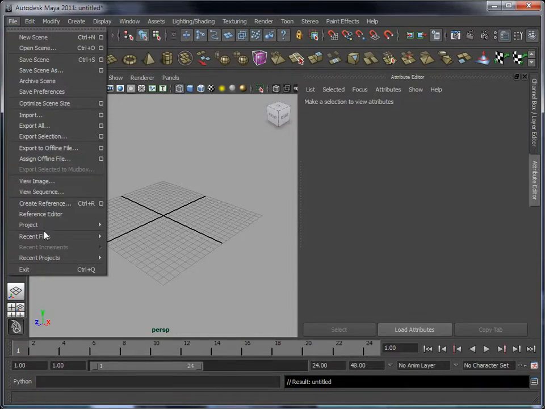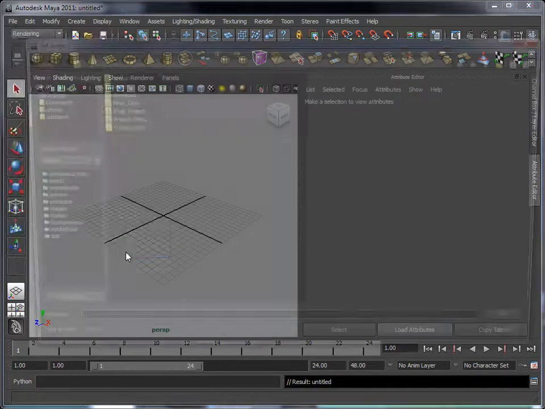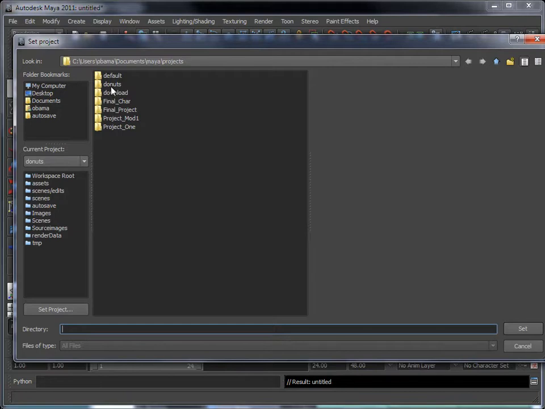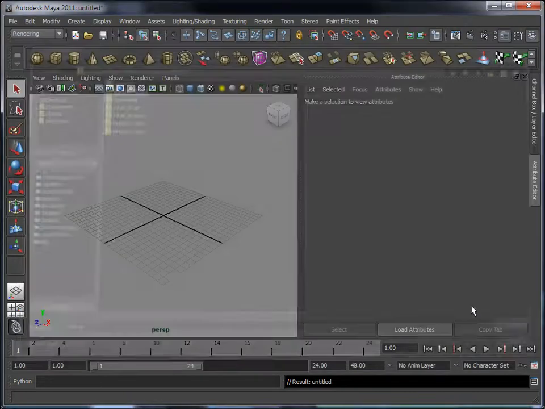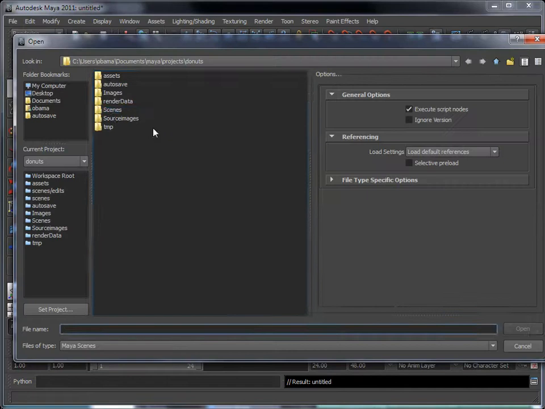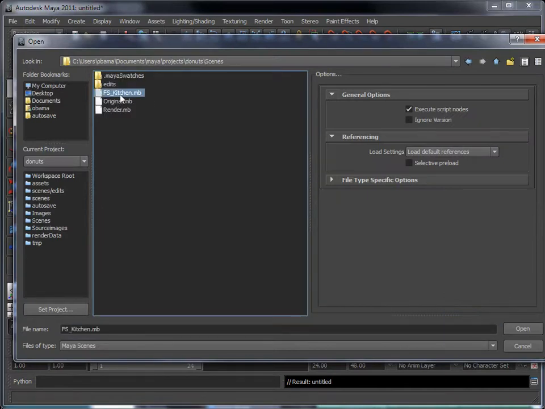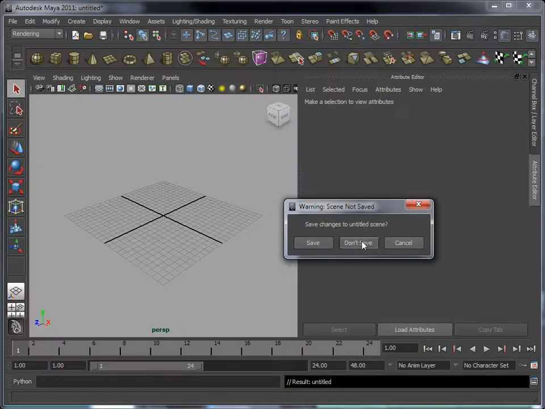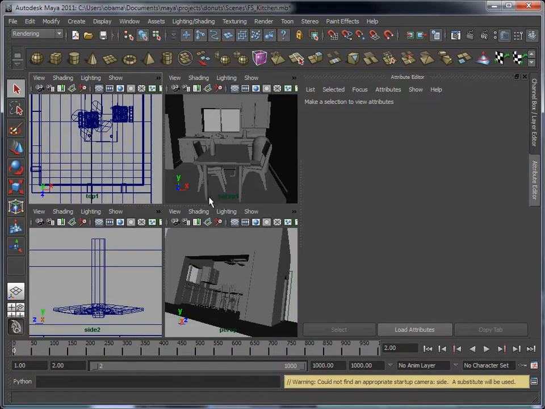Then you can go File, Project, and set the project to be donuts. And then you should find Open Scene in the Scenes folder, the FS Kitchen. And I'm going to assign some materials here. So first thing you'll do is